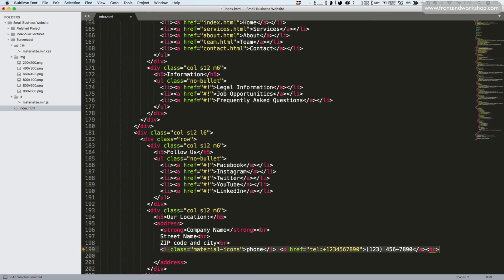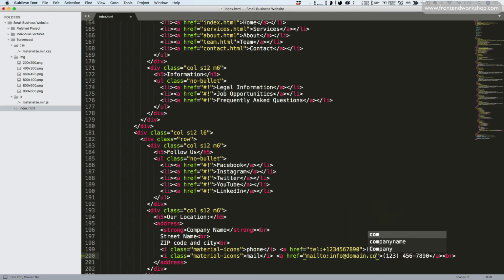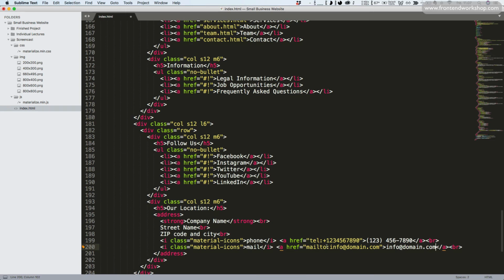Now we'll simply copy and paste all of this. We'll change the icon to a mail icon, and the value of the href will now be prefixed with mailto colon, and then info@domain.com, and we'll write the email again as text, info@domain.com. Save this,